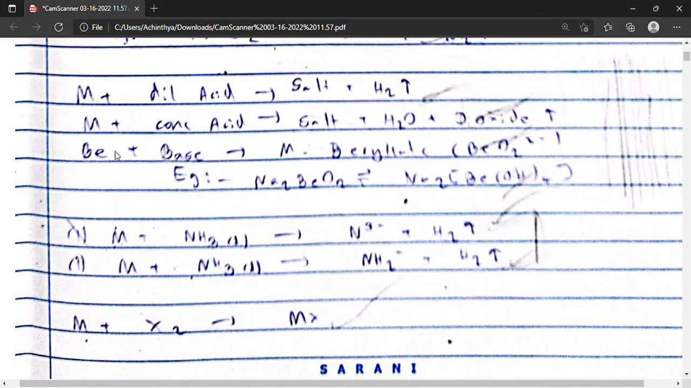Beryllium is the only S-block metal that can react with a base, and it will form the metal beryllate. Beryllate looks like this, BeO2 2-. But the beryllate group can actually be written in different ways. For example, we can write sodium beryllate